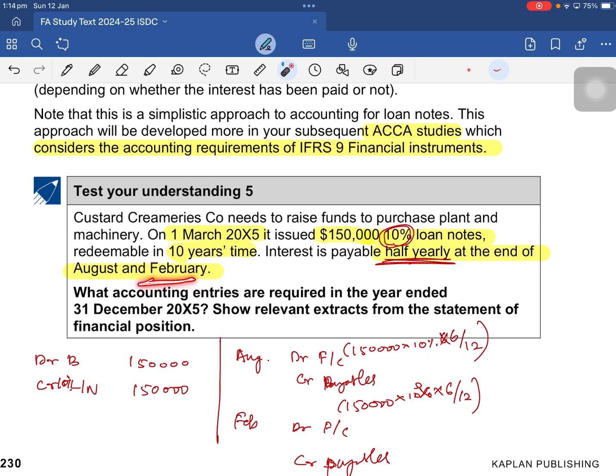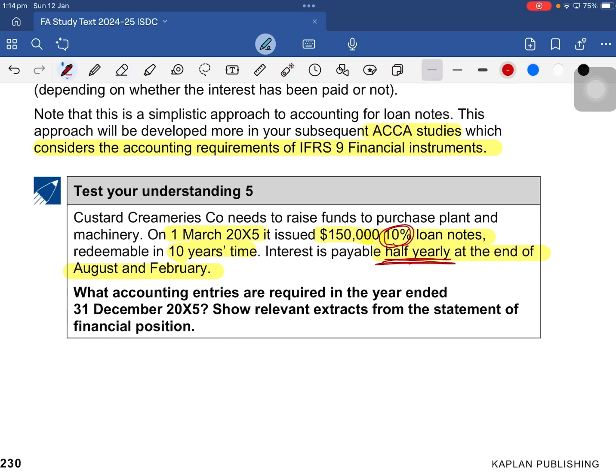So tell me, the accounting year stops at 31st December. So after August you can only take interest till 31st December. And this makes it a payables. Understood? So what you do is, first you are going to